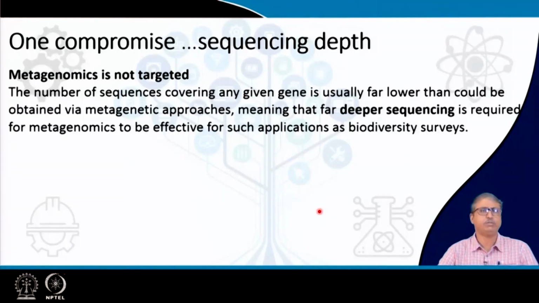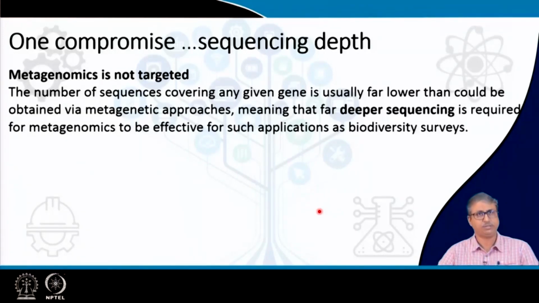Any pathway would require a set of genes in order to complete the pathway, like from glucose to pyruvic acid. For example, in the glycolytic pathways we should have all the genes. If we do not have all the genes in our sample, then the pyruvic acid will not be produced. So, the minimum detection is desirable. At least 1 or 2 copies of the gene must be detected, so that we can say that this